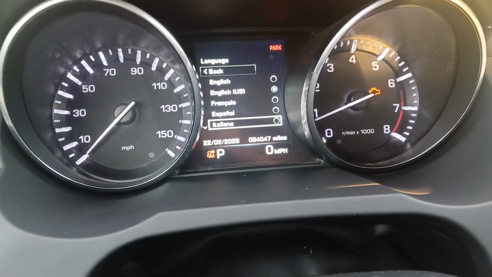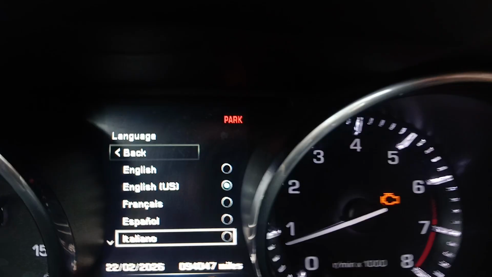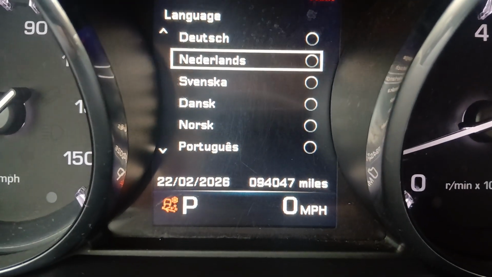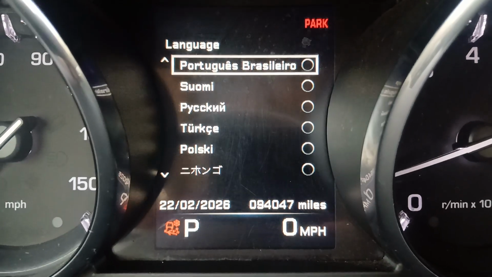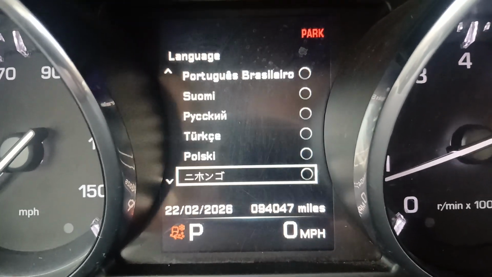So scroll to whatever you need, up or down. I'll go ahead and scroll through all of them so you can see what they are. So a lot to choose from. I'm gonna go back up